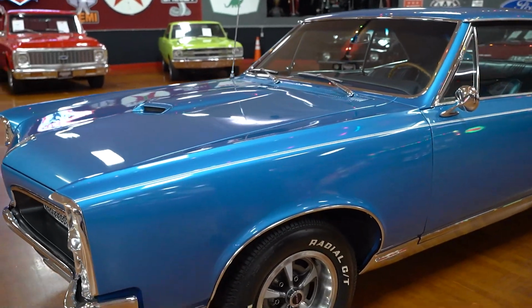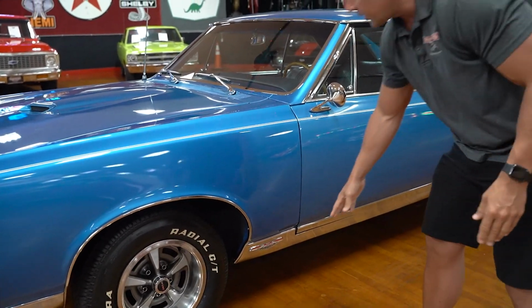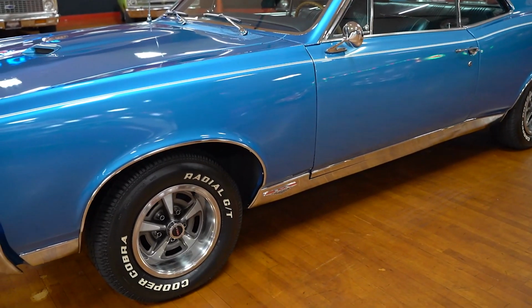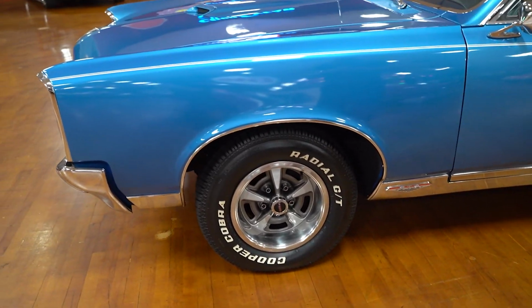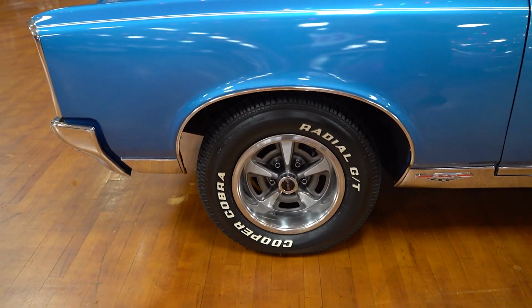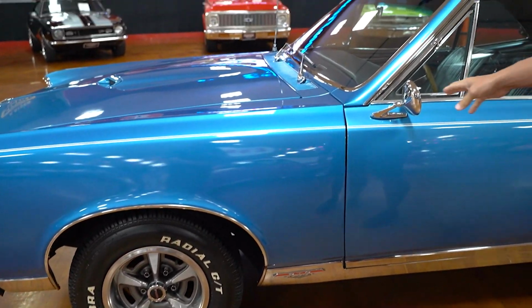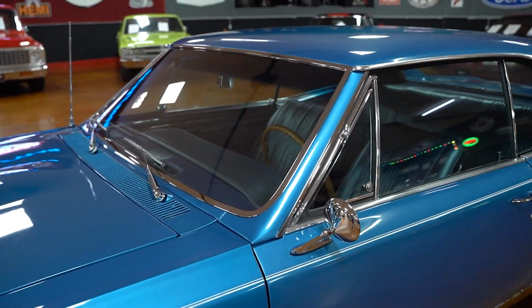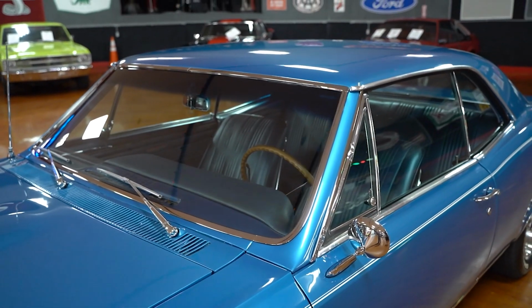Driver's side front fender is nice and straight. You have your GTO designation down low there in the rocker panel cover. Pontiac Motor Division 5-star wheels, Cooper Cobra radial tires on all four wheels. You do have dual chrome matching mirrors. You'll be able to see in the still photos and hopefully a little bit in this video presentation that all